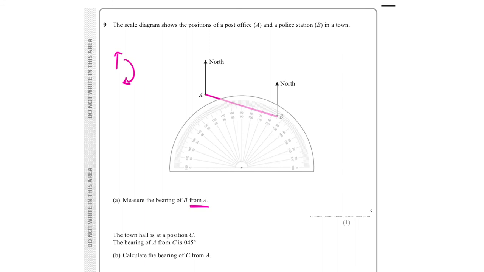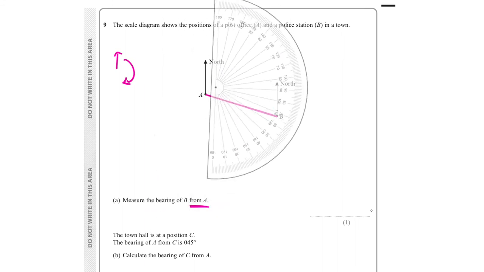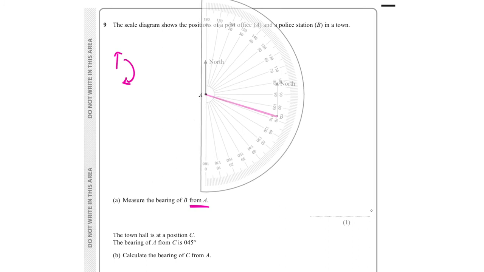Okay, perfect. So now I'm going to line it up. So remember, I'm going to start from north. I'm going to start zeros here. I'm going to go all the way around. And you can see here, this is about